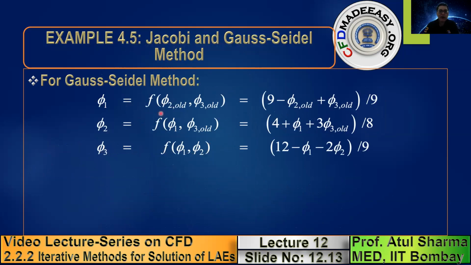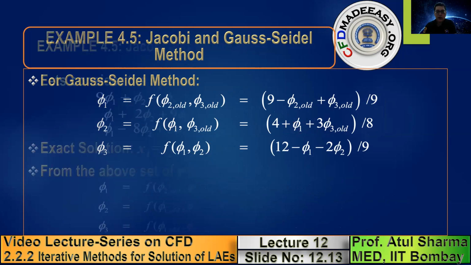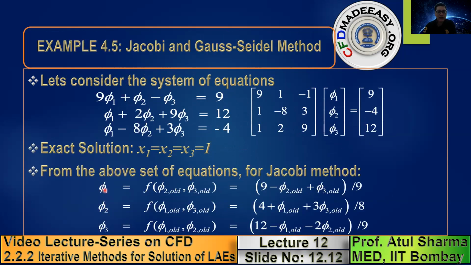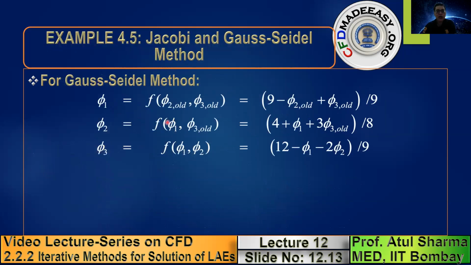In a Gauss-Seidel method, if you have already solved for phi1, then you can use the updated value of phi1. Note that in the previous slide, this is the sequence in which you are solving: first phi1, then phi2, then phi3. Once you have solved for phi1, when you go for the solution of phi2, you have two options for phi1. Either you use the old iterative value or the updated value which you have already obtained. So note the difference. Jacobi iteration uses the old iterative value, whereas Gauss-Seidel method uses the updated or new iterative value.